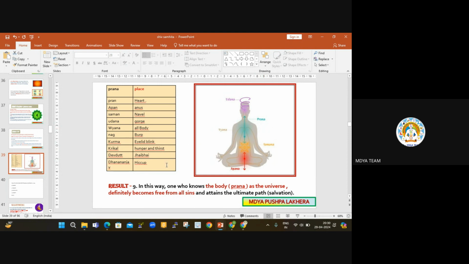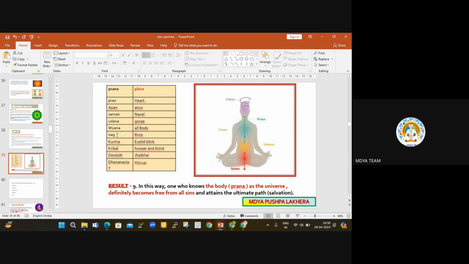The same thing is mentioned in the Siddha text also. It is the combination of prana and apana, the combination of your individual self with the supreme self. So you have to remember which 2 pranas are important: prana and apana. 10 pranas or vayus are described here, 5 are important, and the other 5 are also mentioned, and 2 are most important.